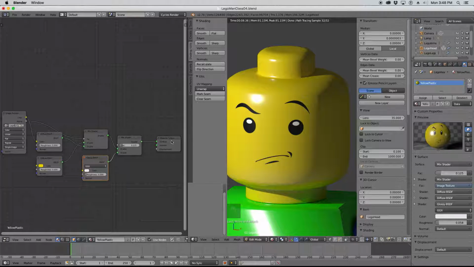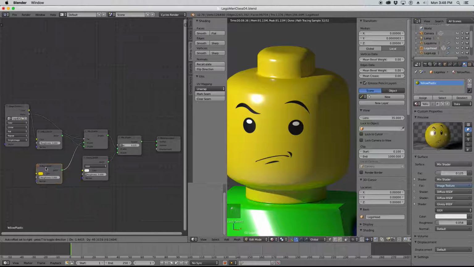So again, essentially what we have here, we have an image texture which is giving diffuse, which is passed on to a diffuse shader, which mixes with a yellow diffuse shader. So basically we have those two, and they go into a mix shader. The mix for them is determined by the alpha channel of our image texture. So how to mix those. Basically we use that alpha channel as instructions. The output from that mix shader goes to another mix shader,